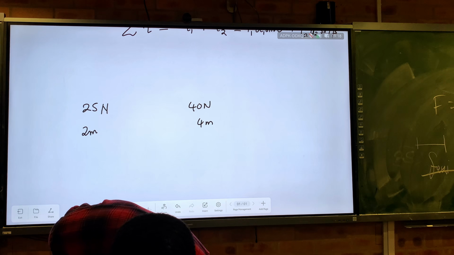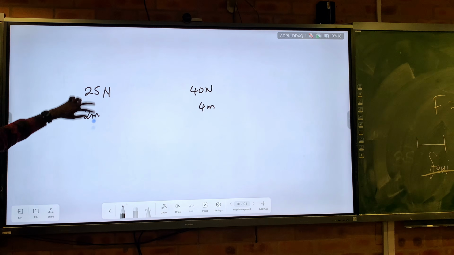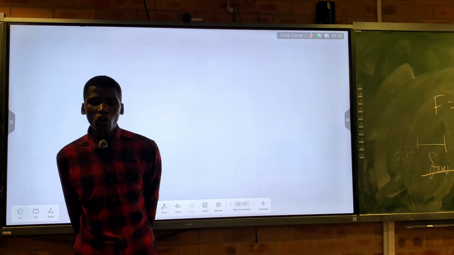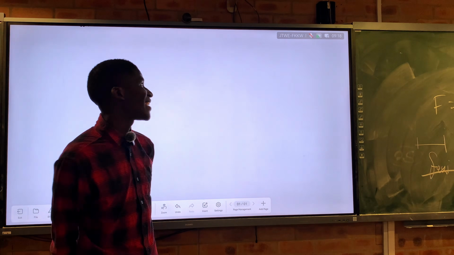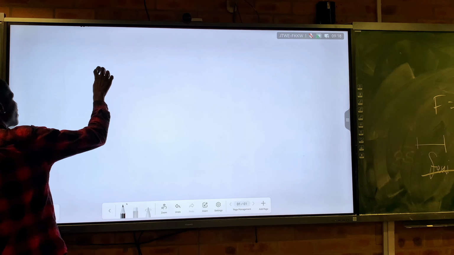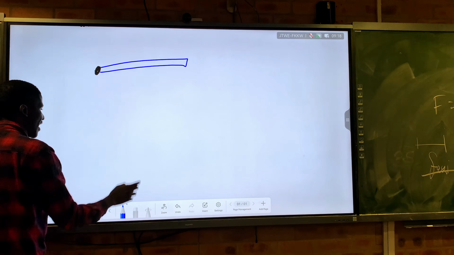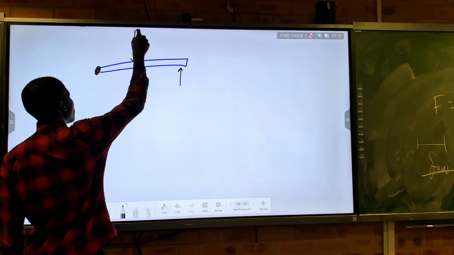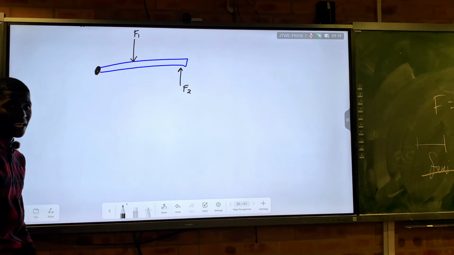All right, so now we are able to create another law from this rotation thing. So basically, if you have a rigid object that is under a net torque, you are going to get a certain thing. Let me just say here it is. This is my pivot, and then an object here. I'm going to apply a certain force. Let me just say apply two forces. You apply a force here, you apply a force there. So I'm applying a force there. Another person is applying another force here.